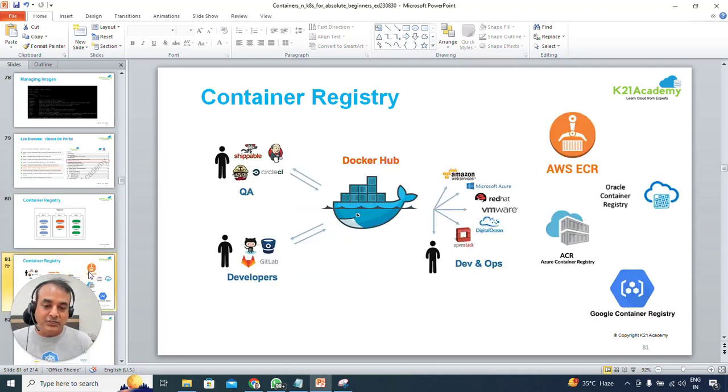And there are multiple registries. Docker Hub is one of the biggest ones. So Docker Hub is from the Docker organization, as the name suggests, in which you can create registries. But the same Docker registry implementation on AWS cloud is AWS ECR, Elastic Container Registry. You have Oracle Container Registry for Oracle's implementation of this registry on cloud. Microsoft Azure's implementation is called Azure Container Registry, and the same thing from Google is Google Container